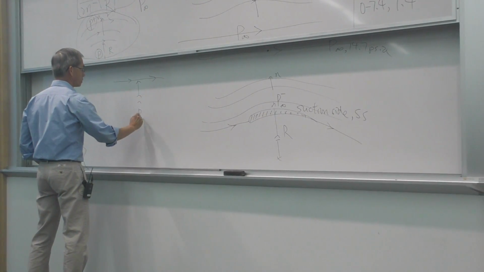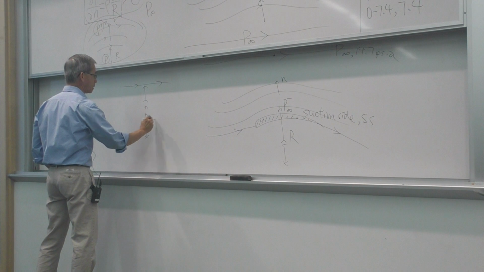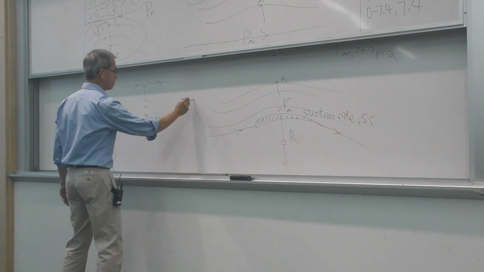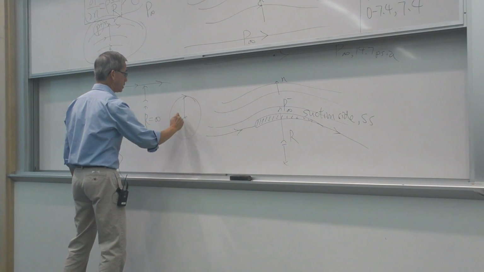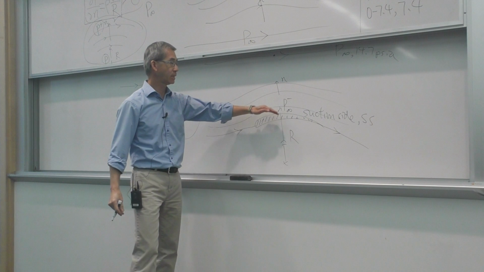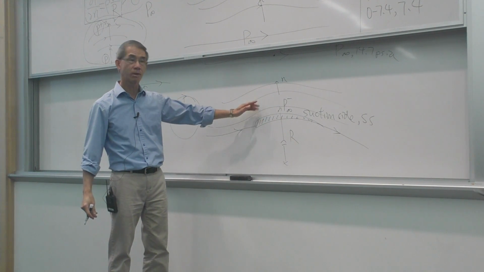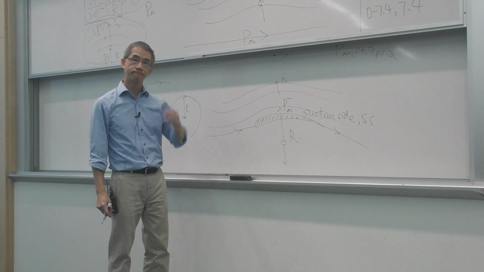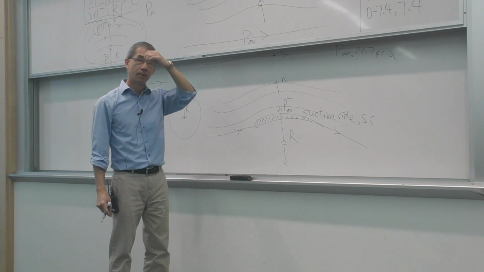This radius of curvature is infinite. If I have a circle, this is my radius of curvature. If I have a pattern of streamlines that each one is different, then each one at each point has its own radius of curvature. So if you had like a turn in a pipe